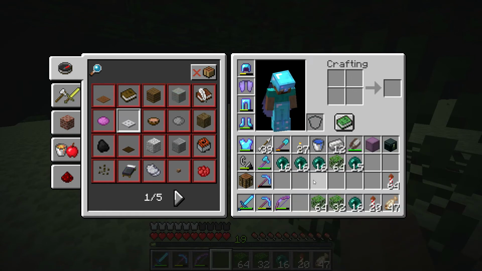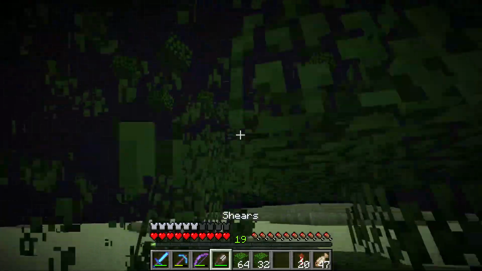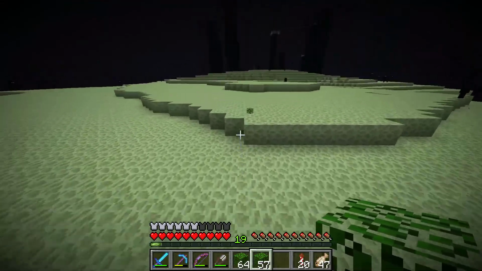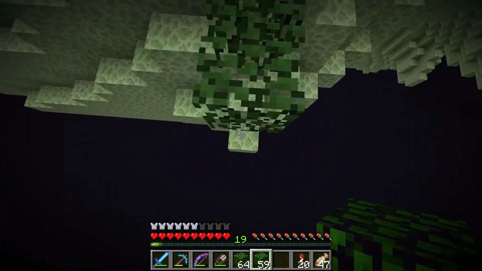And I did use a little bit of the XP on the ground to repair my pickaxe a little bit, so we can maybe use that to destroy ender chests. But let's grab these leaves, and we're going to go 128 blocks away from the spawn. And I didn't pick up those, did I? From the edge right here, to make sure no enderman can spawn when we're actually...